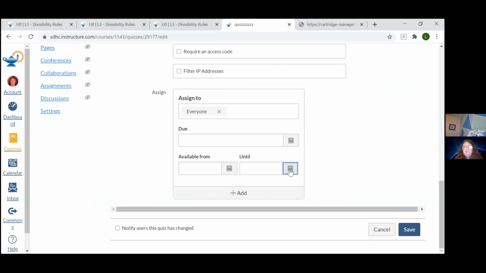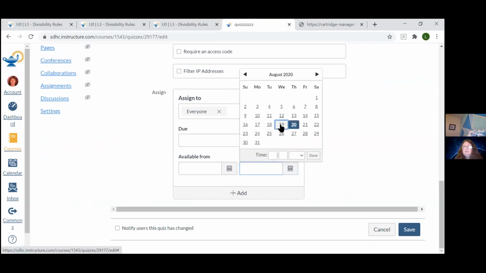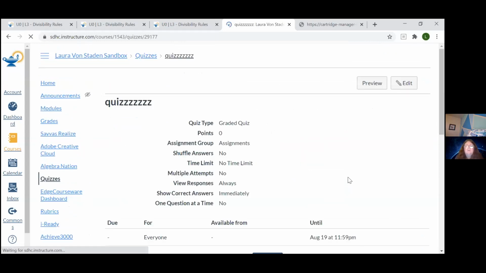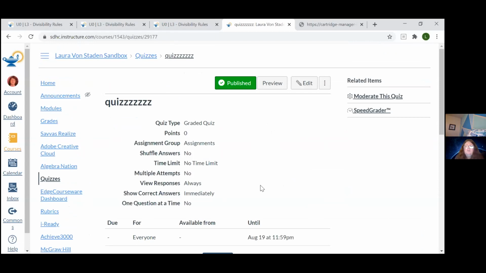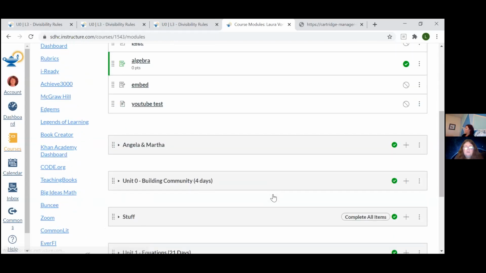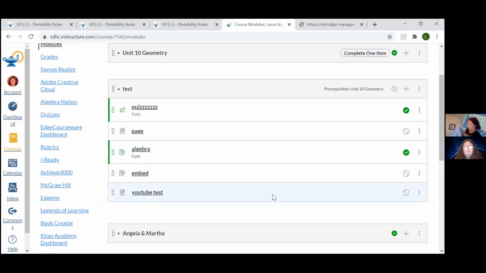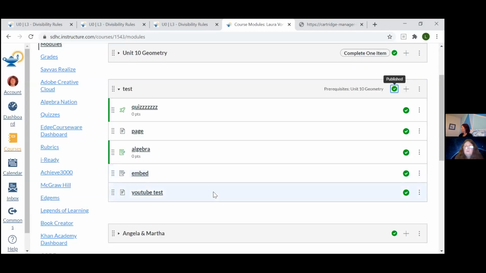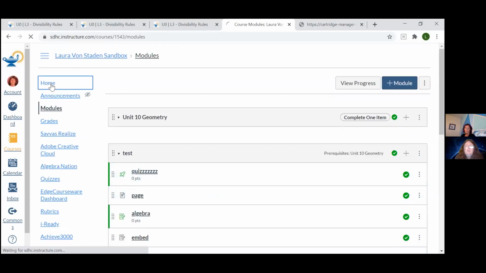So if I now say it was only available until yesterday, and I save this, when I go over to the student side, let me make sure this is published. Let me make sure the module is published, because I don't think the module is. The module is not published. Okay, continue. Okay, now if I go over to student view,